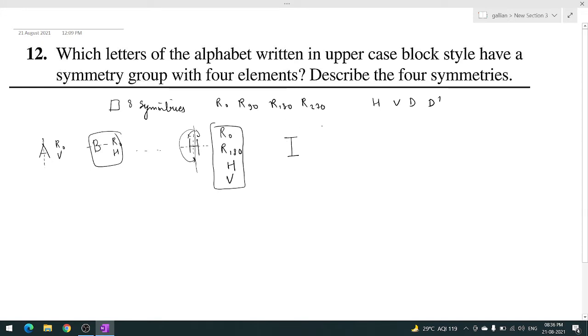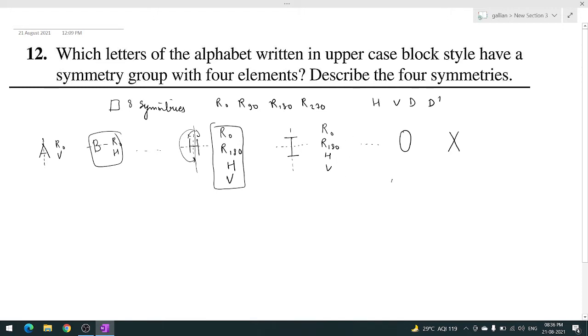So I will also be following all the symmetries of this: R0, R180, H and V. Why? Because you can see along this line and along this line. None of the other symmetries are available. And similarly, if you move ahead, with the O and with the X, you can find it yourself. These also have the same symmetries along like this.